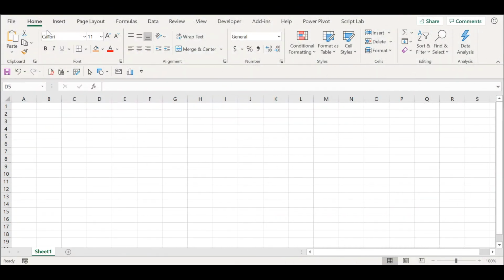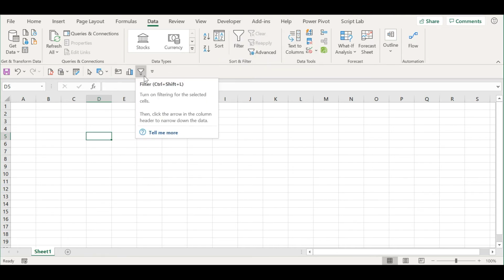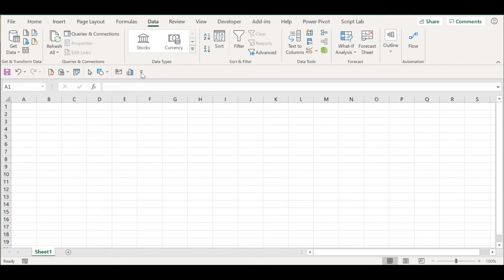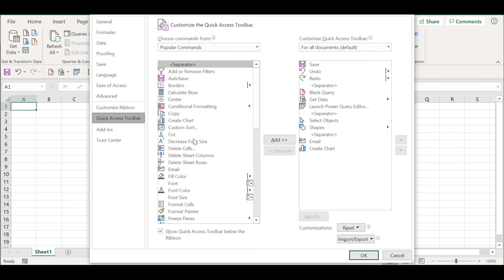The second component related to the ribbon is Quick Access Toolbar. This toolbar is where you can quickly add buttons or remove them when needed. Right-click any button and select Add to Quick Access Toolbar. When you are done, right-click the button on the QAT or Quick Access Toolbar and select Remove from Quick Access Toolbar. The QAT can also be customized just like the ribbon. You can click the downward arrow at the end of it and select More commands. You can also add separators to neatly group your buttons on the QAT.